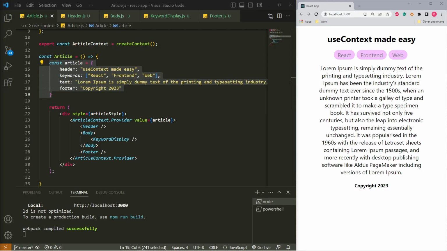Let's look at an example with the useContext hook now. Don't worry too much about the syntax of the hook since we will talk about it in the next section. In this example, we are trying to pass an article object between several components. This object has a header, a set of keywords, a text, and a footer. As for our components, we have a header, a body, and a footer, and the body has a child component